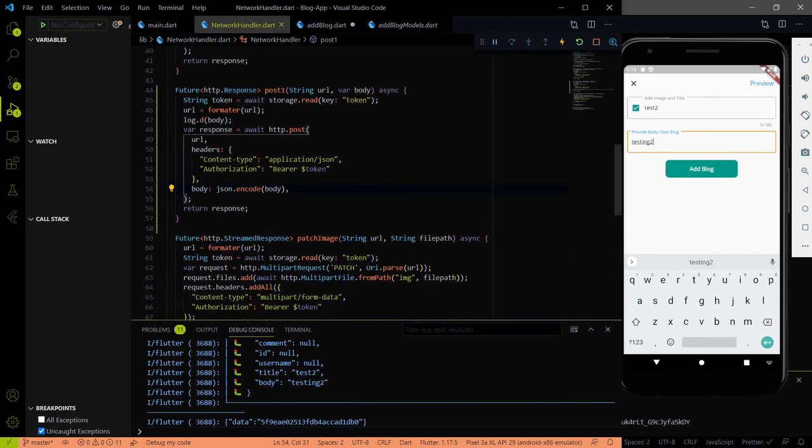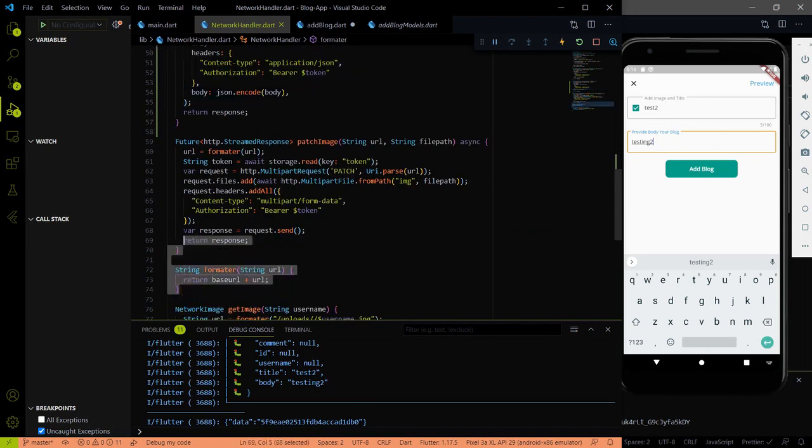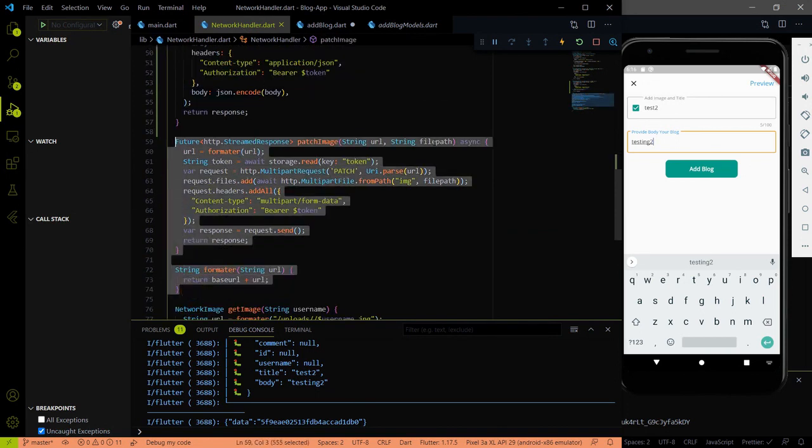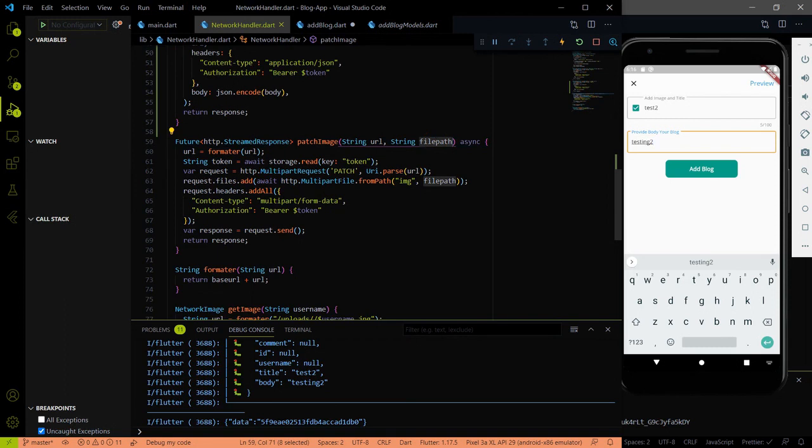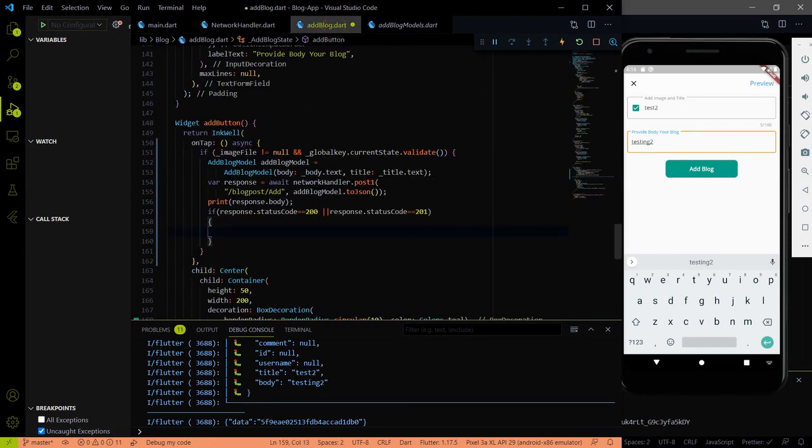For the create profile page, we created a method called patch image where we are just providing the file path of the image in the particular URL, which means the endpoint of the image. So we will use this patch image method again in the add block page. So here what I have to do is first decode the